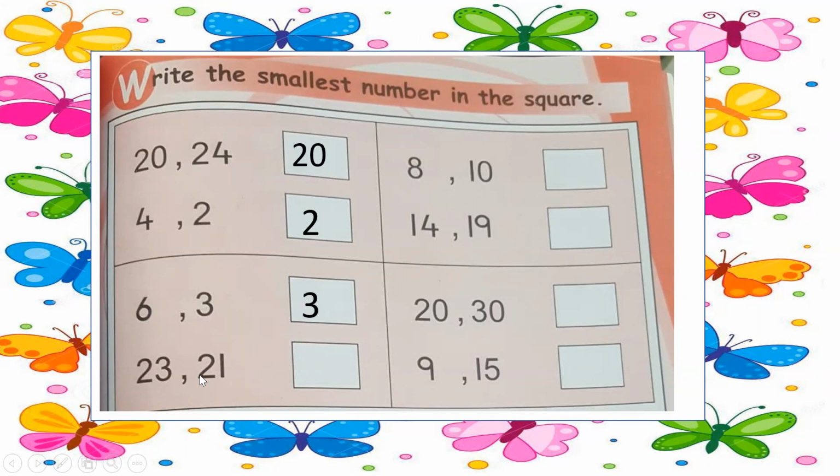Then 21. After 21, 22, 23. So the number 21 is smallest. Yes, number 21 is the smallest because it comes first, while 23 is bigger. Okay,